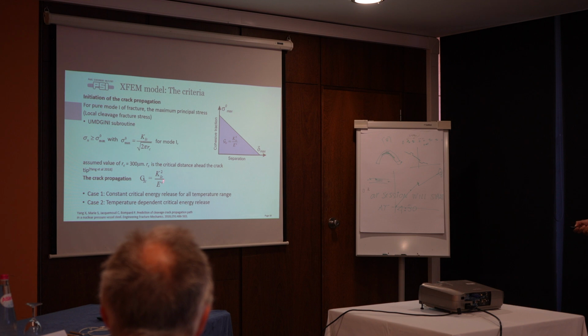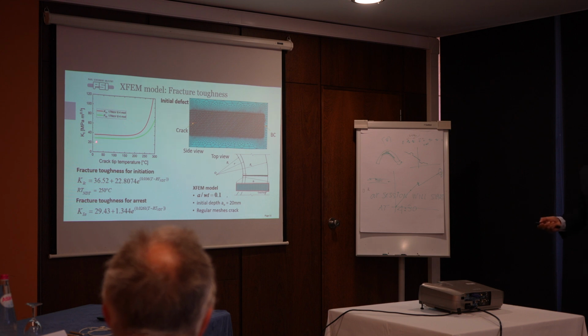For the crack propagation, we relate the energy release rate with the fracture toughness of the material, and we contemplate two cases, one considering constant energy release rate, and the second case is temperature dependent energy release rate. So this is how the fracture toughness looks like for the material already with the modifications. We can describe this fracture toughness with the same curve, which is given by this expression, and basically we set the ductile transition temperature to 250,